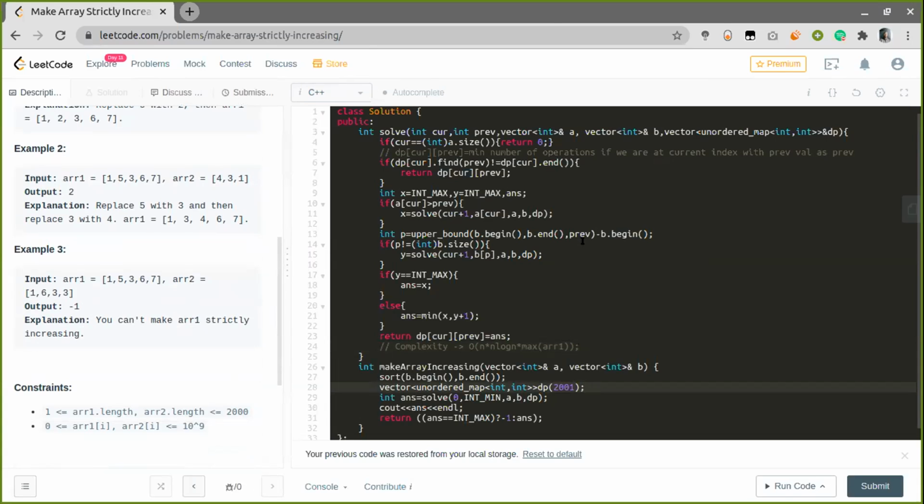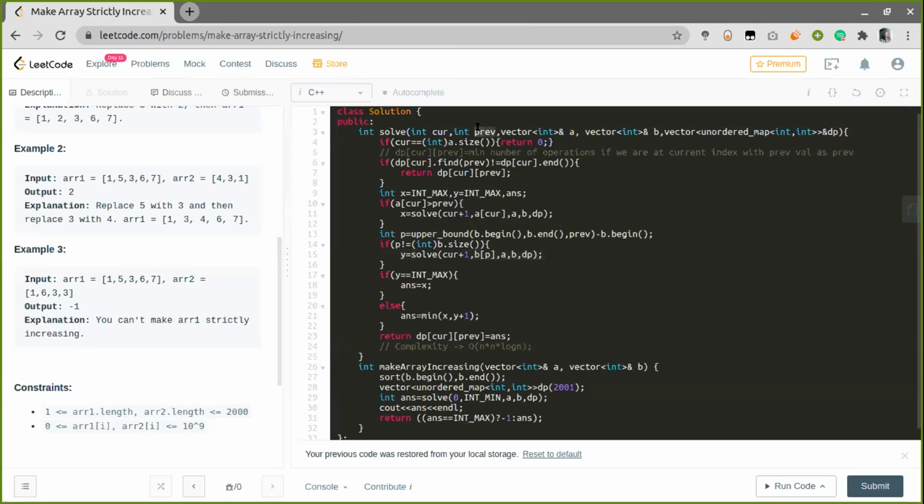If we take the length of the first array to be n, and in the worst case both arrays have length n, then just iterating over all the cases will be a factor of n. Then I think it will be n square log n, where the log n term comes from the binary search.